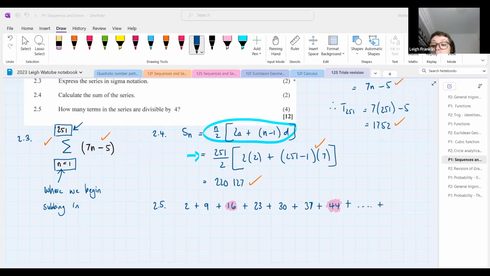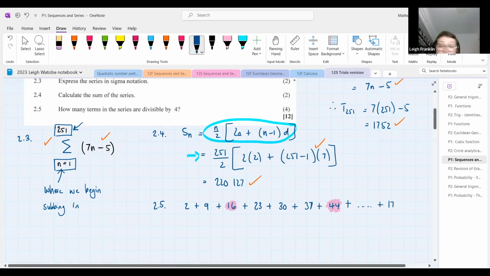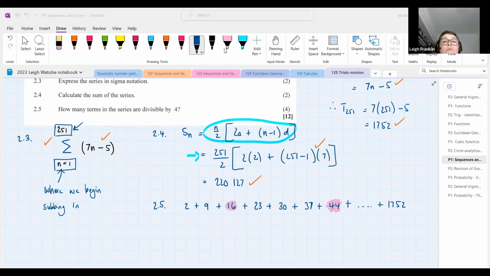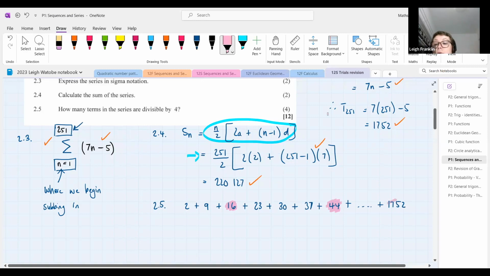It is. Indeed. Okay, so this is also divisible by 4. Right. I think what I'd like to do is just in here, because it'll just be more obvious to you